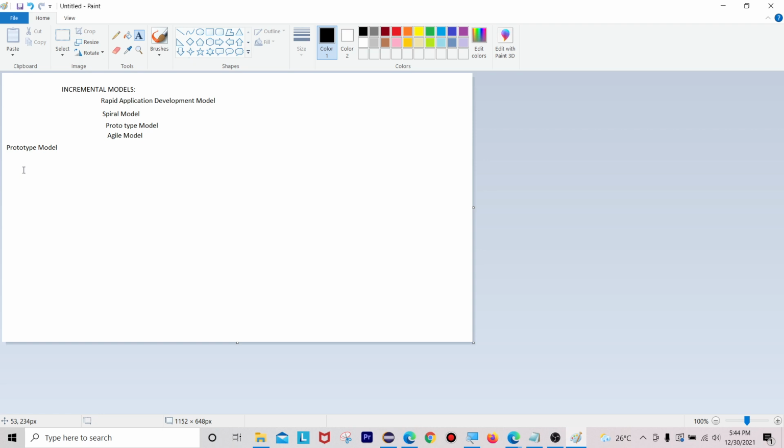As the requirements are not clear, first the company is going to develop a prototype, that is a sample, and explain it to the customer to get some early feedback. When the customer approves that feedback, then only they go ahead. Based upon this, all the development activities will be executed based upon the approvals from the customer. That is all about the prototype model.